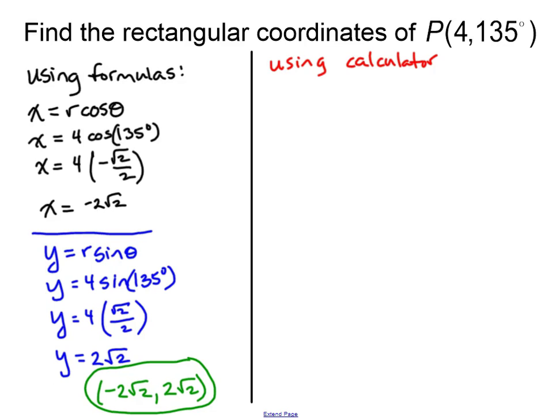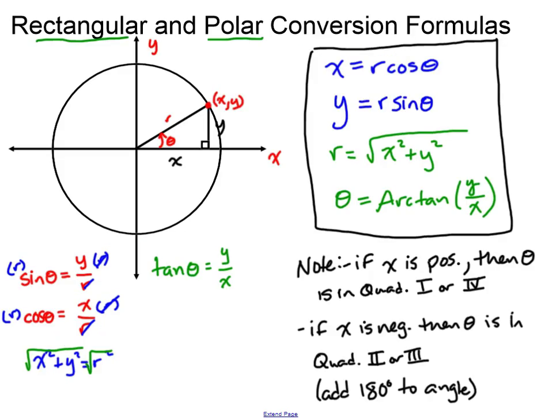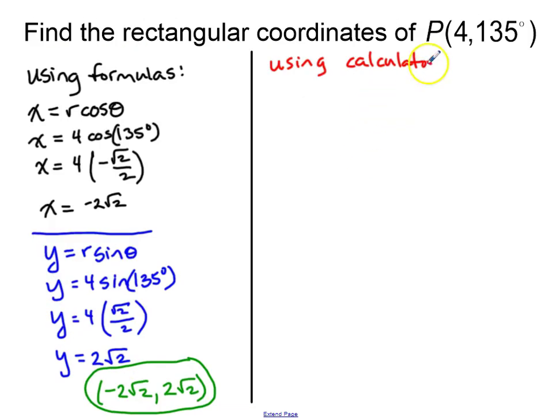And by the way, the note we made up here about adding 180 to the angle, that's not necessary if you are using the calculator. So if you're using the angle menu's features, using your calculator,